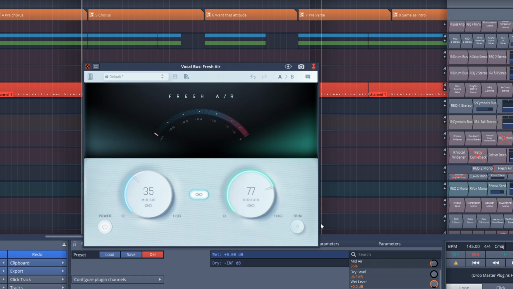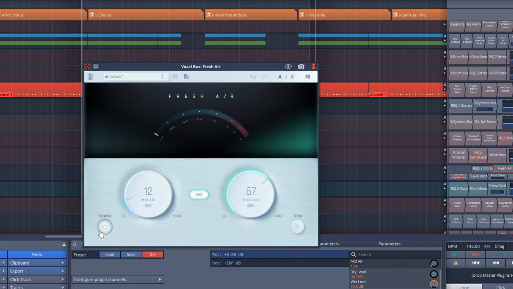And speaking of fine tuning, if you hold down Control on your computer keyboard and then you try to rotate, it slows it down. It makes it more like a stepped control. And this can help with your fine tuning as well. And in addition to clicking and dragging the controls, you can also double click in the center here and enter in a value. Over here we have our trim control, and this can help if you want to level match the affected signal to the unaffected signal. And it can help to avoid clipping the plugin. So you can see the big meter up here, and that will help you with your levels.